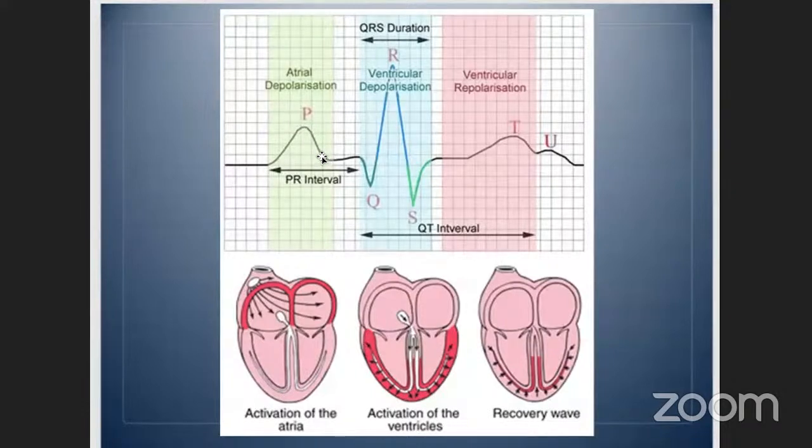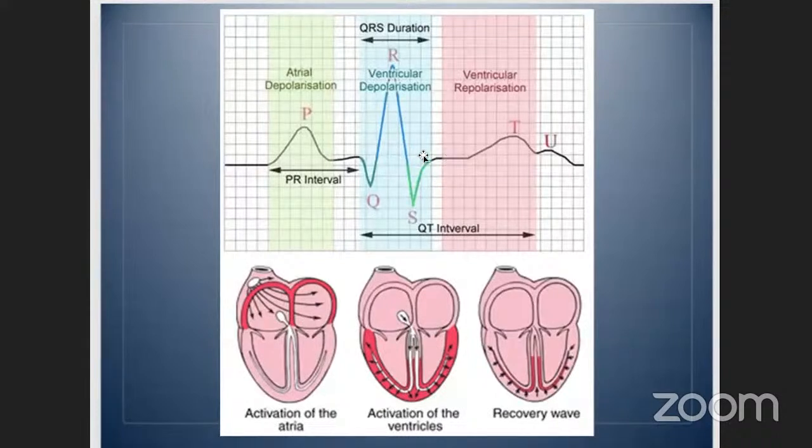And then it hits your AV node. And the AV node is sort of the gatekeeper that just filters it. And then if it says all is okay, then you have your interventricular depolarization as it moves down the interventricular septum, and then your right and slower to your left side. So those would be both ventricles.